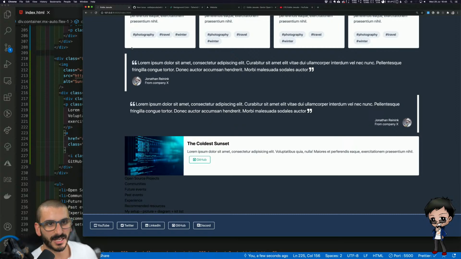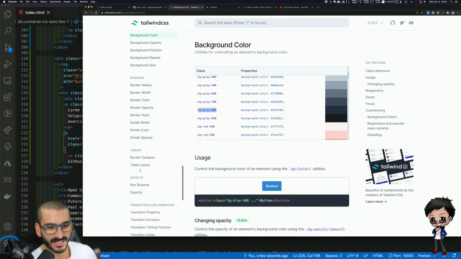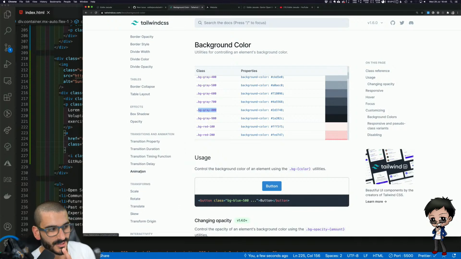So we can do this in a couple of ways. I did see in their documentation on Tailwind CSS